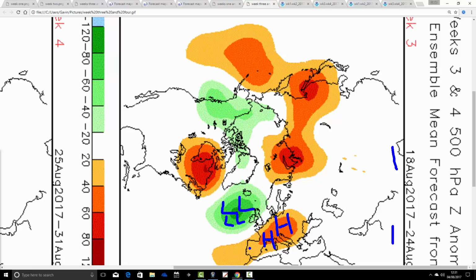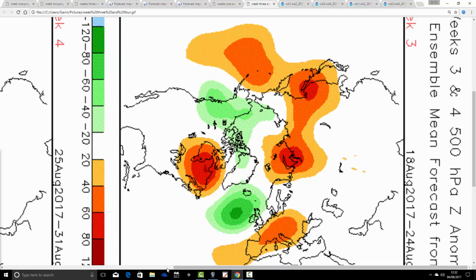We are very close to having quite a hot and dry spell here, but until we get rid of this low pressure to our northwest, until we push it up to Greenland, we're not going to be able to sustain this ridge for any length of time. So probably still the idea that the jet stream is plaguing particularly Scotland and Northern Ireland. England and Wales, closest to this area of above average heights, are probably getting some drier and warmer conditions at times,